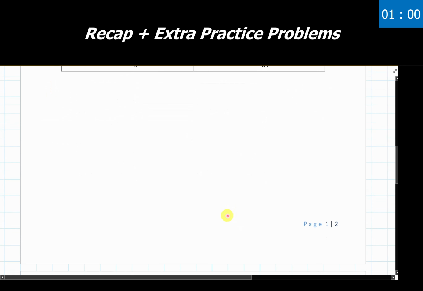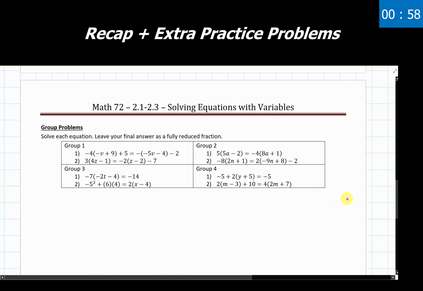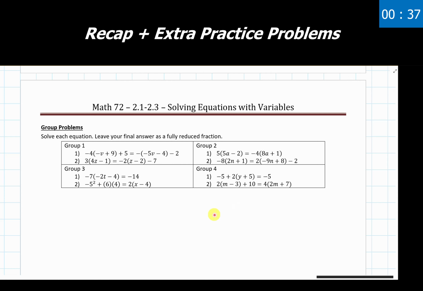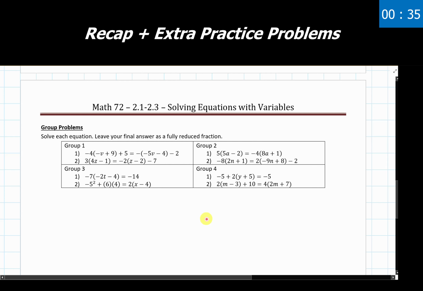I do also have some extra problems here if you would like to give them a try. Normally I go through these in groups in my class, but we've got 8 examples here, 4 groups, 8 examples total. So if you'd like to, I recommend pausing the video here so you can write these down and either try them for yourself or try a couple of them, pick and choose. I'm going to scroll us down here and get us to our answers for each of these here shortly.